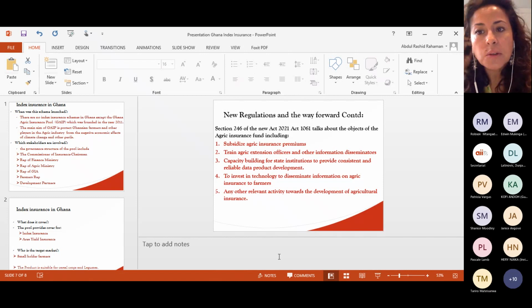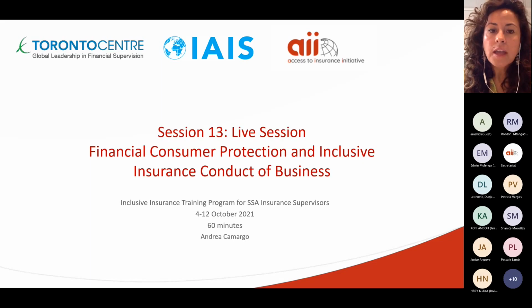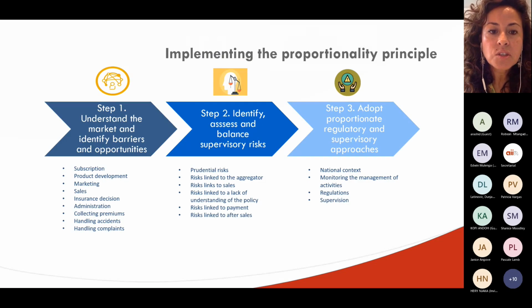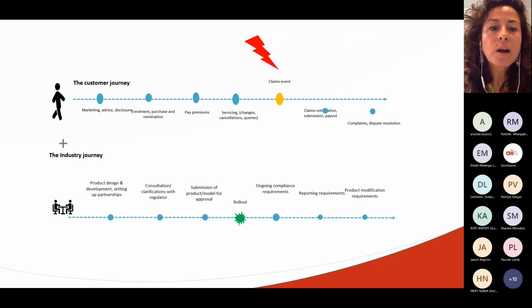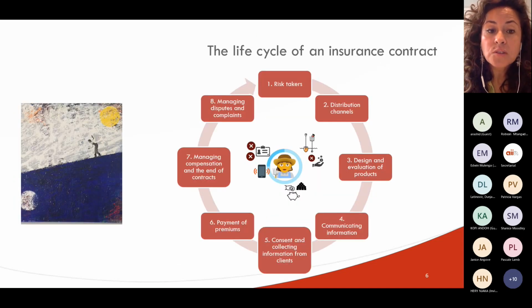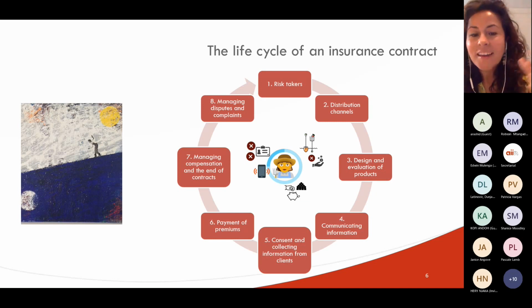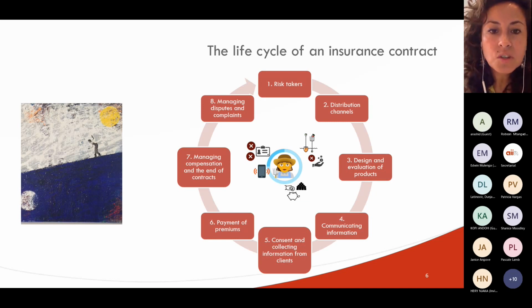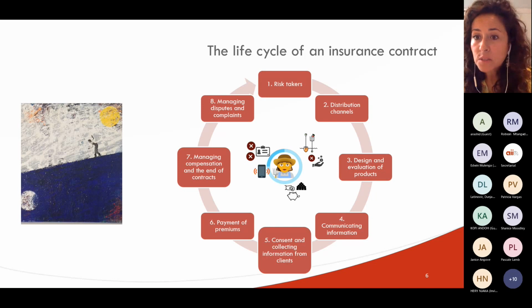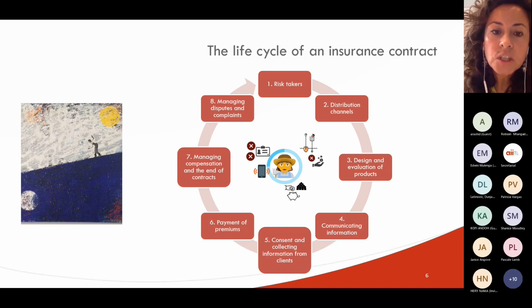I think that, as we said, we're going to share these presentations with you all. I'm just going to get back to our presentation. And what we are doing now is to try to learn from all these lessons that have been shared by Kenya, Zimbabwe, and Ghana, and try to put ourselves in the shoes of a supervisory authority that is now engaged and is in a similar situation with index insurance. So we're going to look at ways to make sure that for these kinds of products that are very innovative and sometimes use digital technology as support,